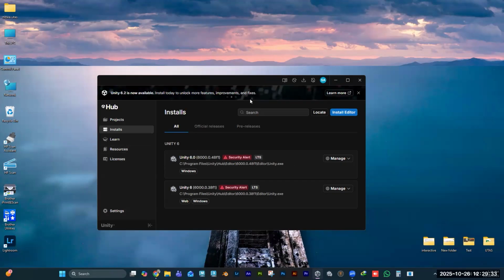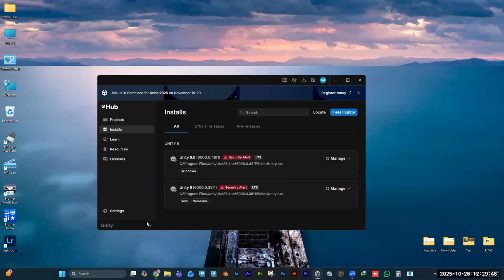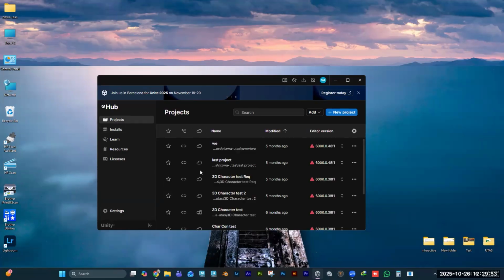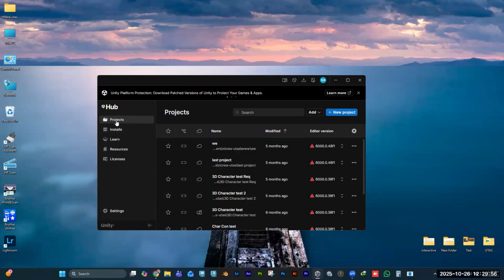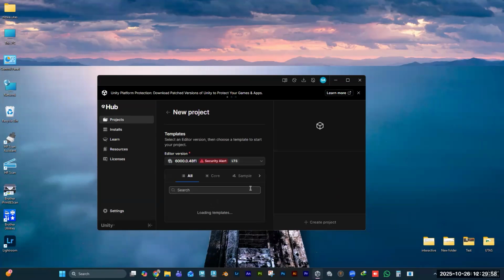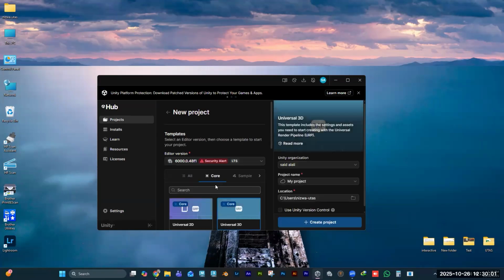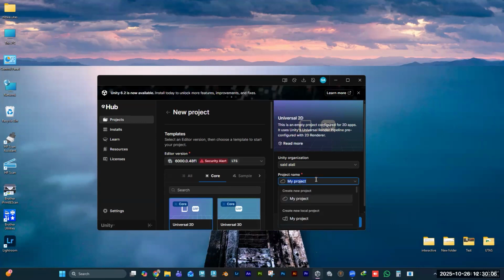Once you install the Unity Hub, this user interface will appear to you once you click on it. Inside the Installs, you need to download at least one editor. Once the editor is finished, then you can start working. Also, for Visual Studio, you need to make sure that you are already signed in. After that, you can go to Projects and click on New Project. And you can click on Core from here, select 2D. And from here, you need to name your project, for example,